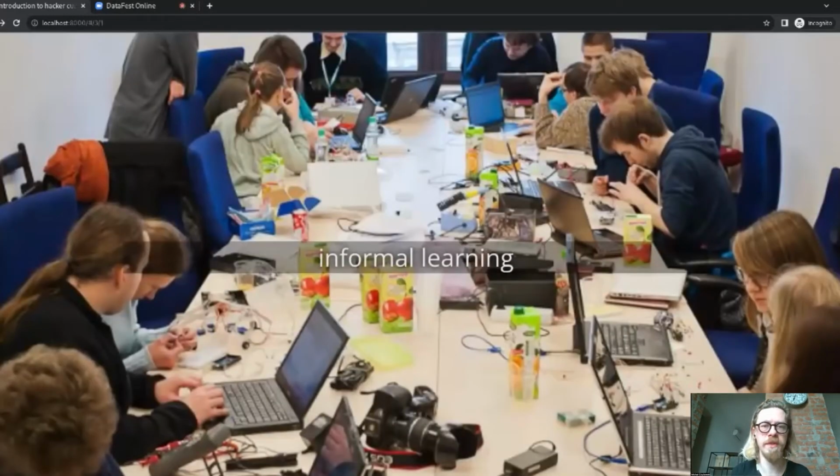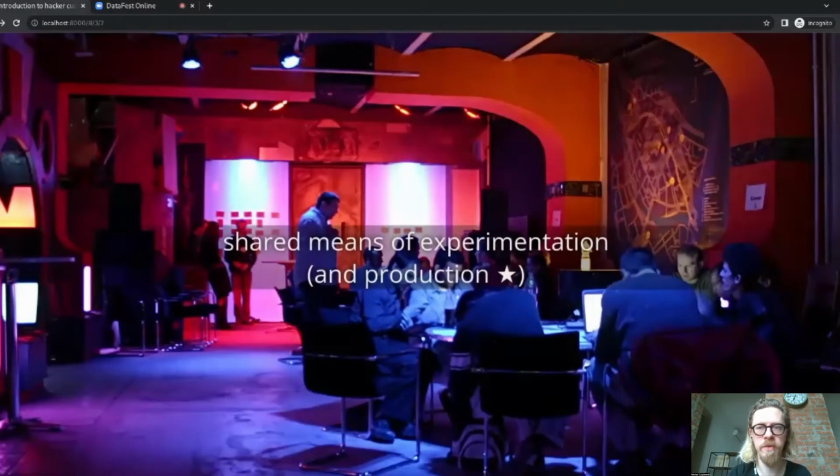As I already said, informal learning is a strong value. This is a picture from the Krakow Hackerspace. This is an Arduino workshop where people were learning how to program electronics and possibly make robots. This is c-base, one of the first hackerspaces in Germany, in Berlin, and yeah, I think